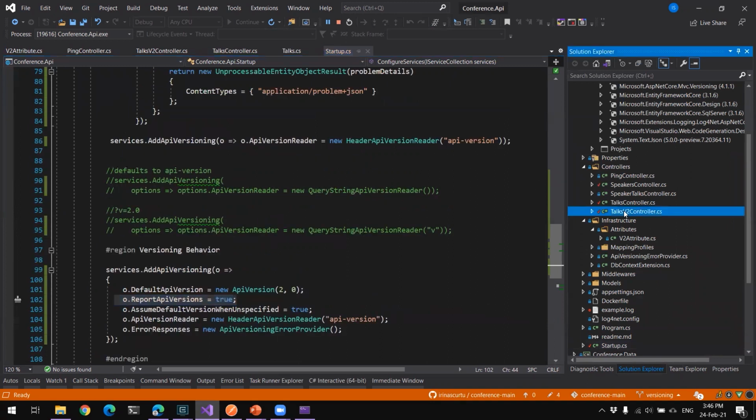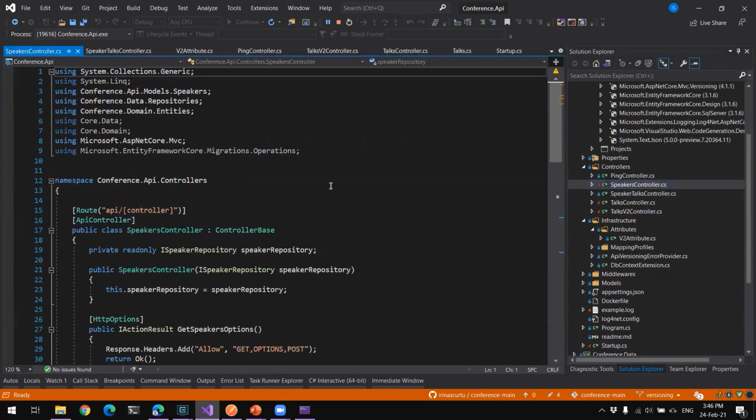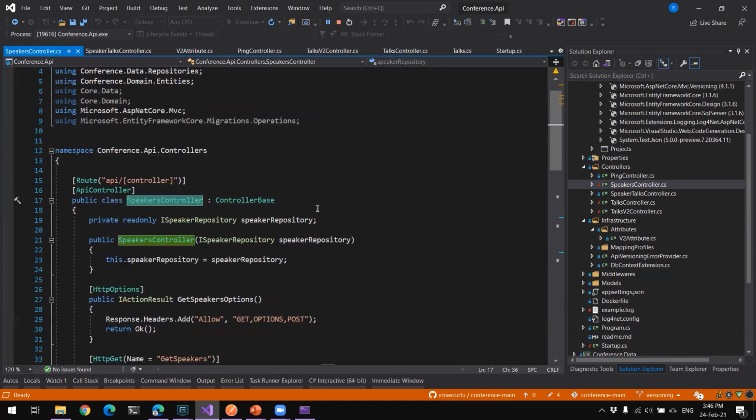Not before I show you one thing, about how you can name your resources and how you can link them. For example, starting from the speakers controller, a speaker controller will return a speaker 1 or a list. But maybe I have something that is related to a specific speaker. For example, I want to talk. And maybe I want to enforce that I cannot access a talk without accessing the speaker. Maybe there is a business rule for that.